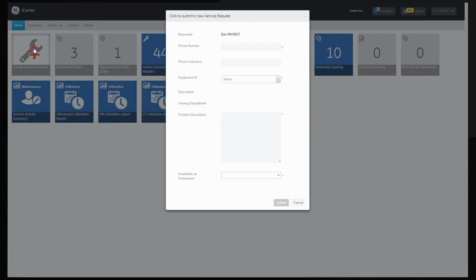A service request form will appear. Fill in your phone number. Then, set the equipment by selecting it from the drop-down menu or searching it by its GE system ID. In the problem description box, provide a brief description of the problem that you are facing with regards to the